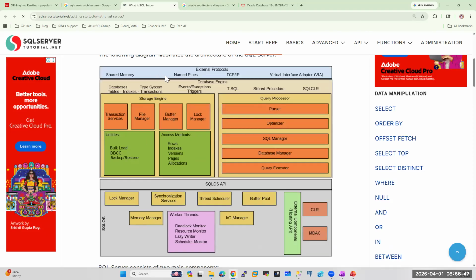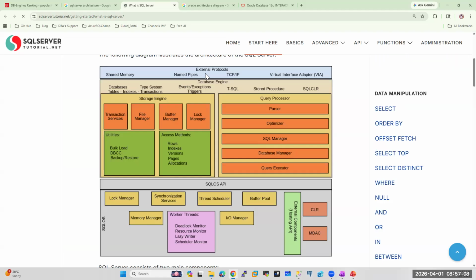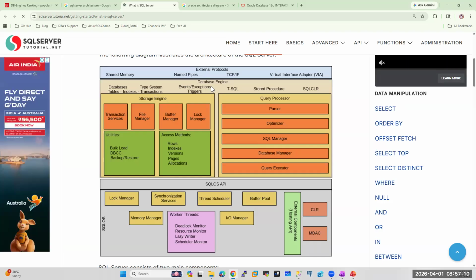So SQL architecture also has three different layers: the protocol layer, the engine layer, and the SQL OS layer. It's a three-layer architecture.